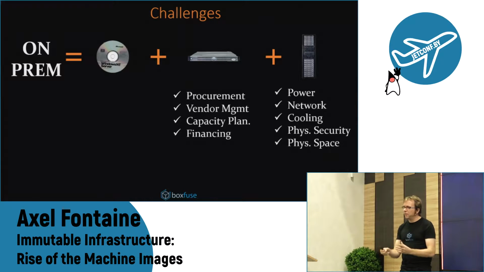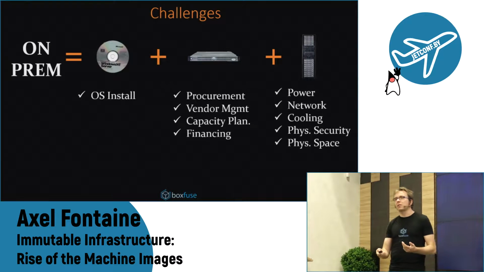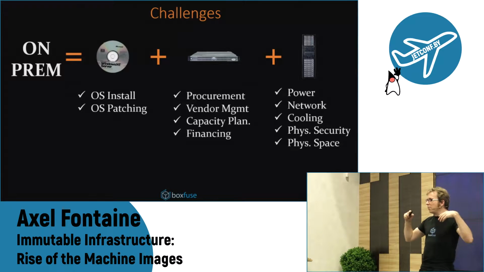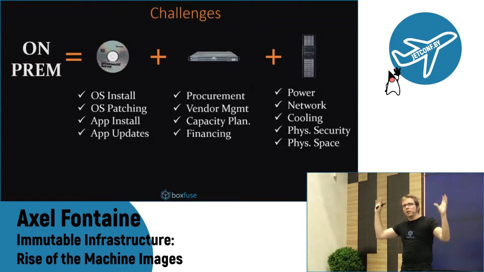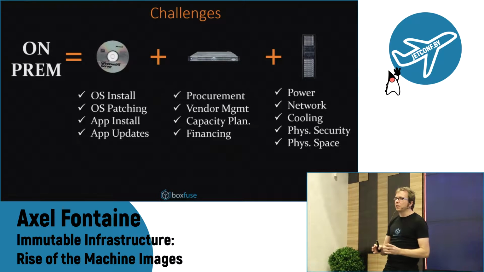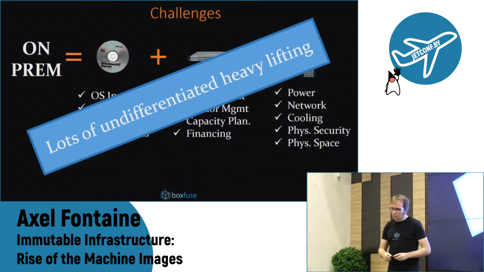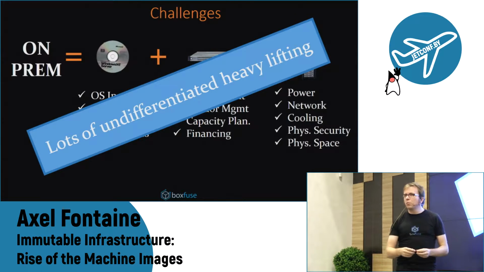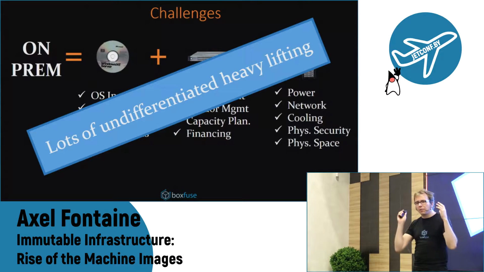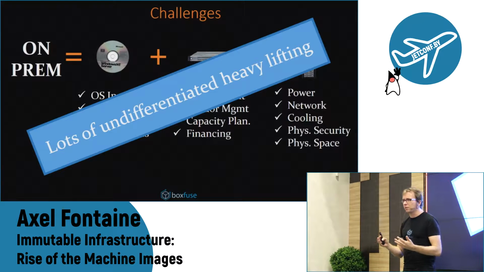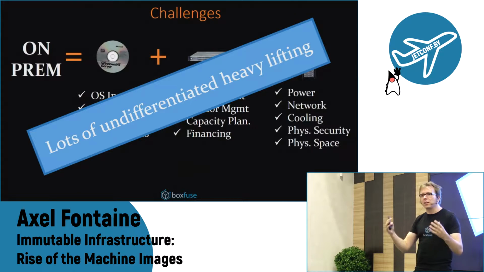And once we've got all that, then we're ready to move to the software side of things, where we can then finally start installing an operating system and patching it and installing our application and updating it. So it's really a whole lot of things that we must master for this model to be successful. And if you look at it, there is actually quite a lot of those that are quite far removed from the actual problem we're trying to solve for our customers. If we're trying to solve a business problem for our customers, learning how to best run diesel-powered generators is quite